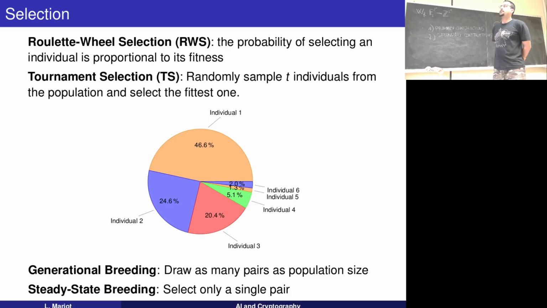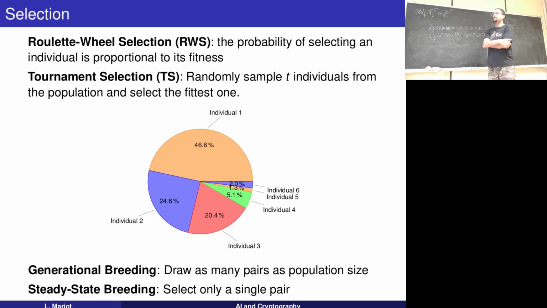So a better selection operator is what is called tournament selection, where we just discard this roulette wheel and we say, okay, I randomly sample t individuals, where t is a parameter that needs to be set in the beginning, and then we play a tournament with these t individuals. So we take the best one out of this tournament, or the best 2 if you want to apply also the